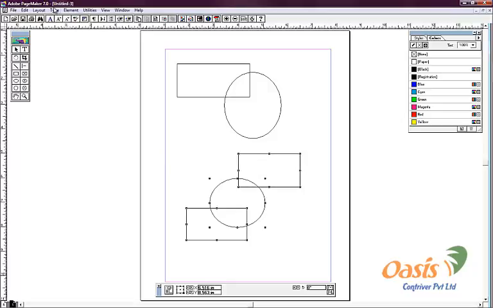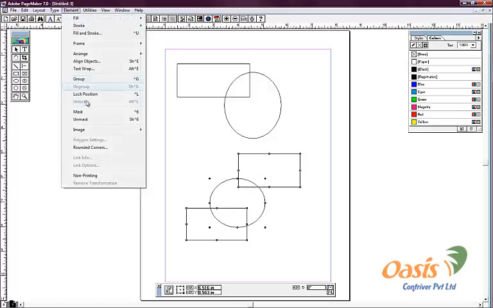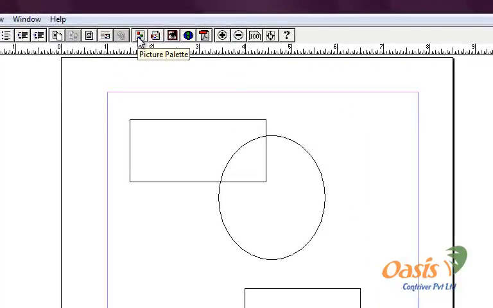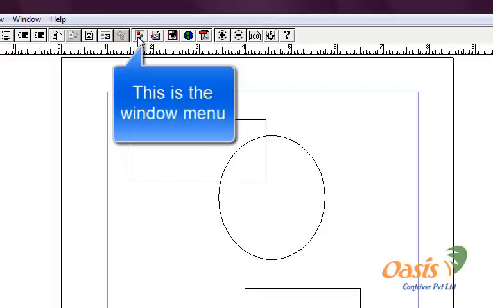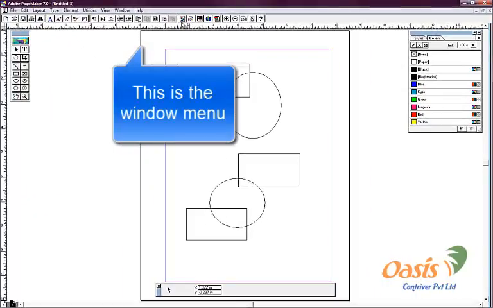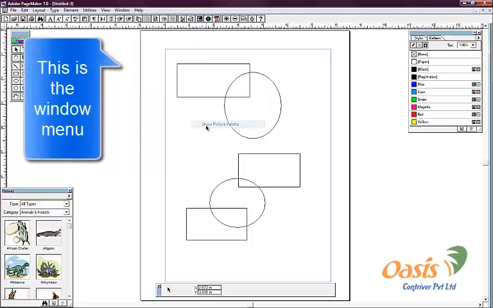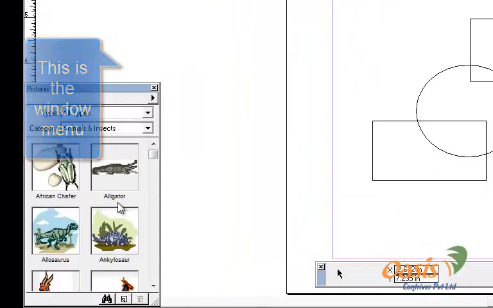Some more options that can be availed is the image option. Working with graphics sometimes requires downloading images or putting them into certain forms of paragraph and our file. For that, we can go into the Element menu and click on image, wherein we can work with image. The picture option can also be availed by going into the picture palette, which is the icon with the rectangle and the square and the triangle, or by going into the Window menu, going into plugin palettes and clicking on show picture palette. You can input a picture of your need